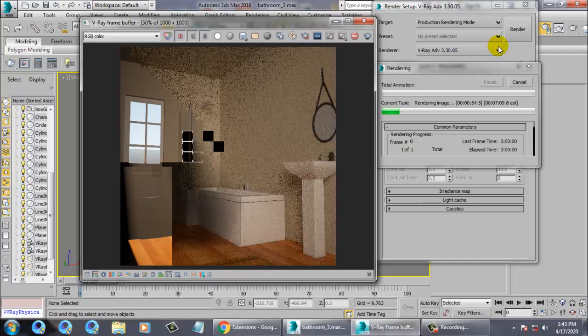So let's see. As you can see, a bit of volume light.